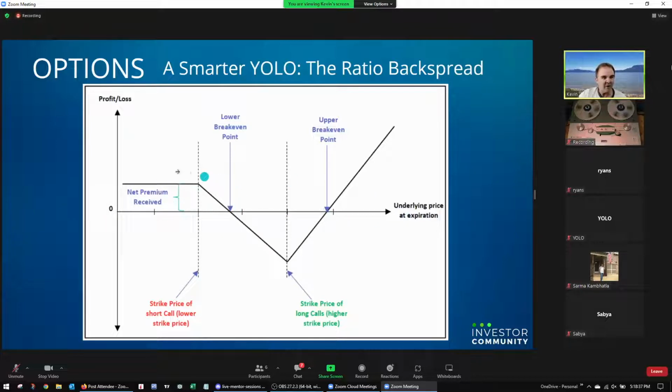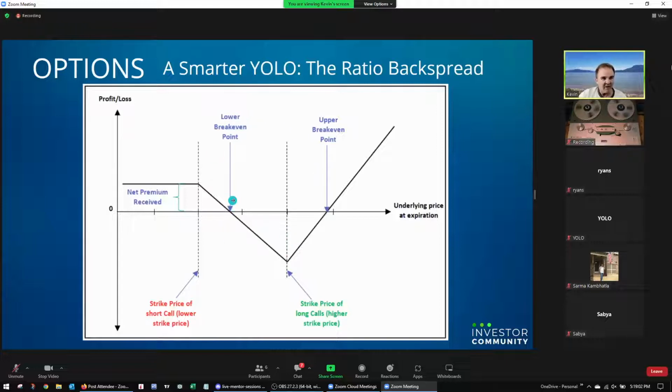So we can see down here when the stock price goes down, we make a little bit of money. And we can see up here, when the stock price goes up, we make a lot of money. This just keeps going up forever to infinity, and this is where that unlimited upside is. And this area right here, this little triangle under the 0 line, I call this the valley of death. We don't want to get into here.